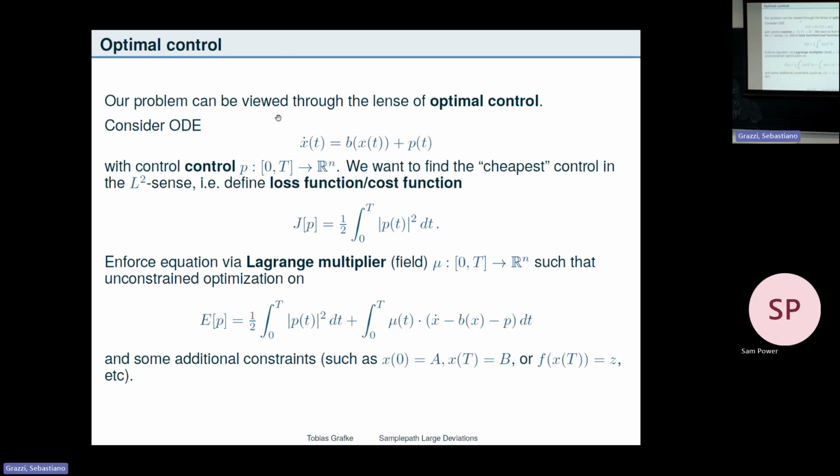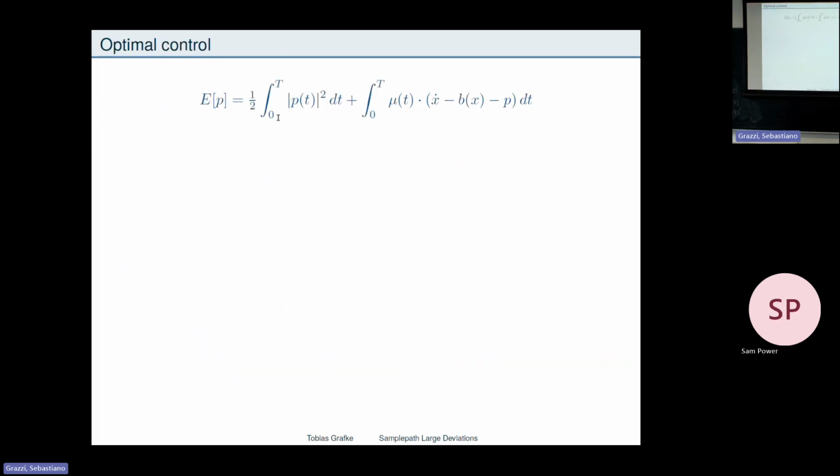And I want that because, of course, what's missing in this is that I also want some additional constraints on x, such as starting at a point and ending at a point, or starting at a point and ending in a drop wave. All of these things would come on top of this with additional Lagrange multipliers. I would enforce additional constraints. And this one is just keeping track that if I change my control, I change my field. I change my equation.